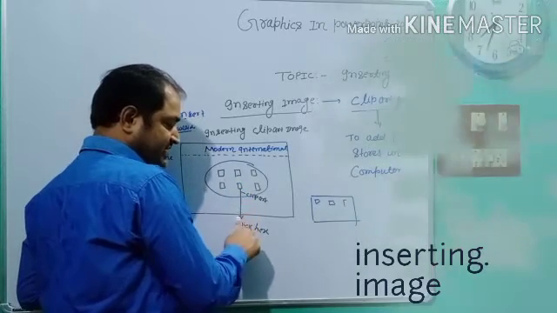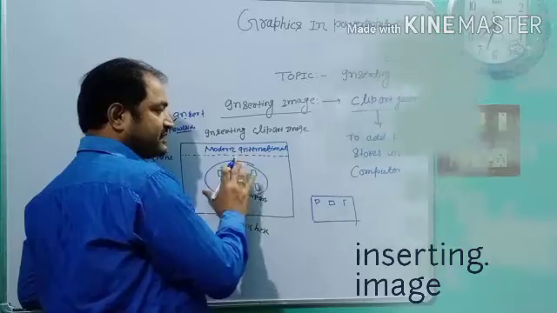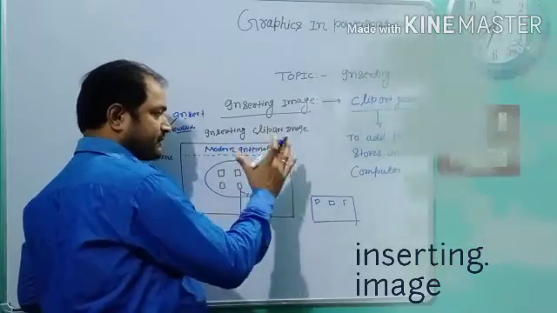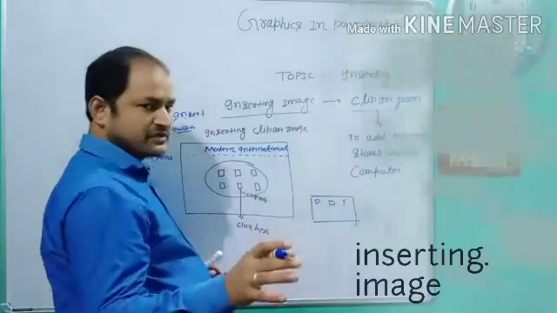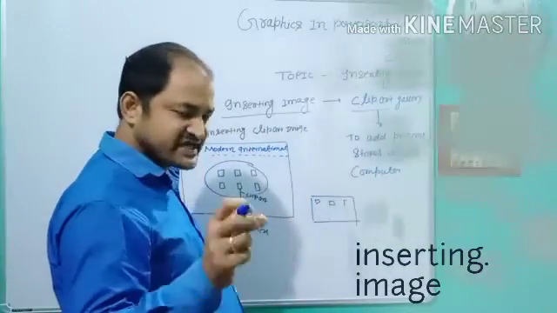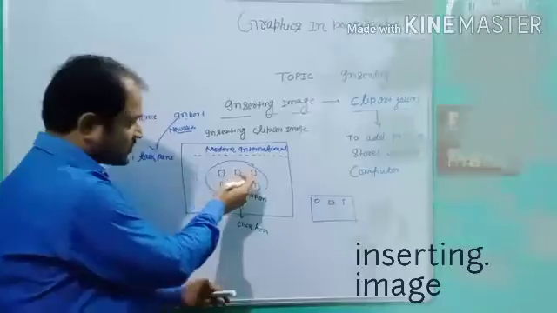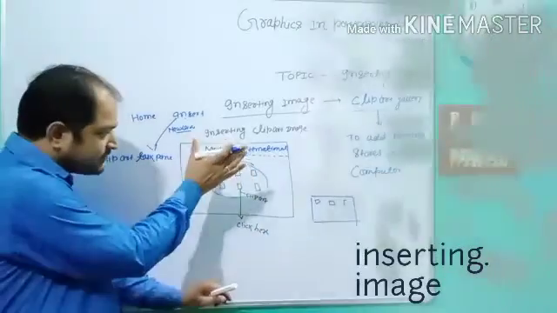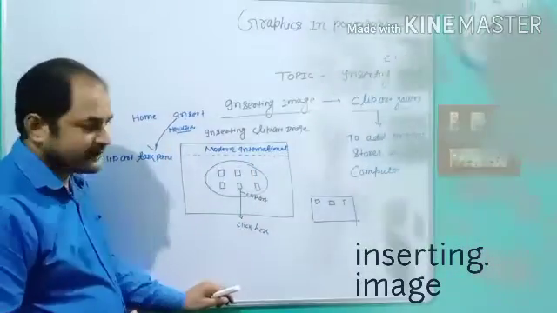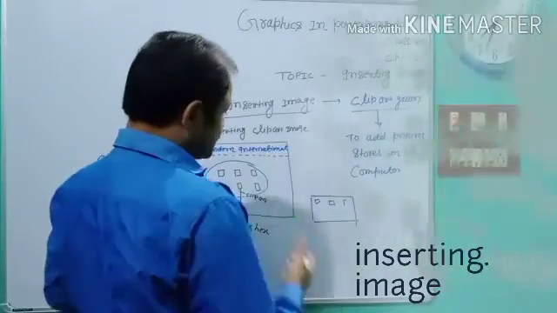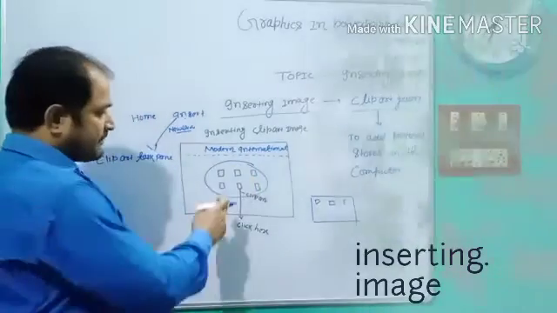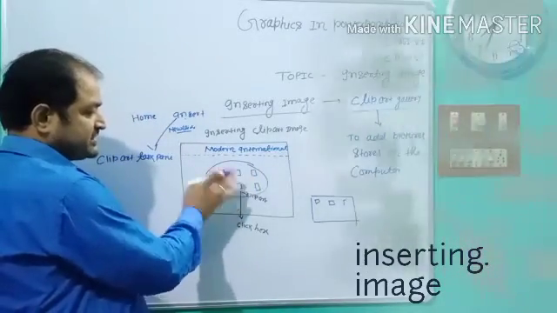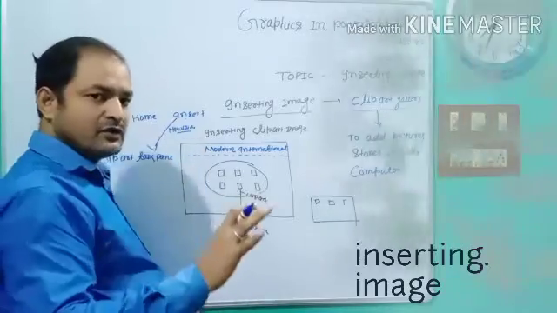You click the clip art area and a dialog box appears in front of you, where the Modern International School image is in this computer system. You select it and click insert, and the picture is automatically drawn in this particular area. But in case you want to insert clip art without using the placeholder, how do you insert it?